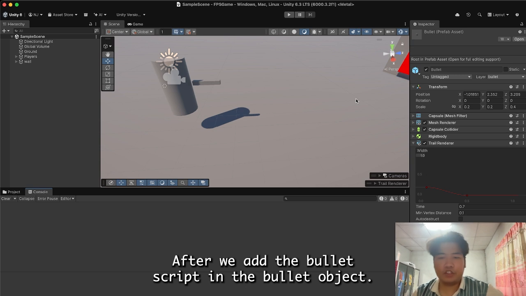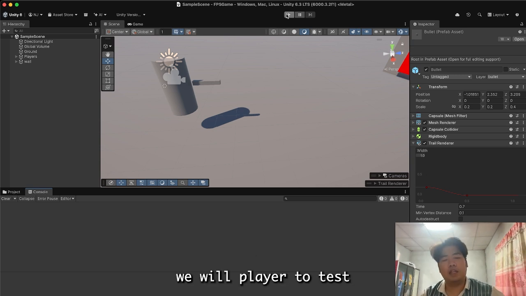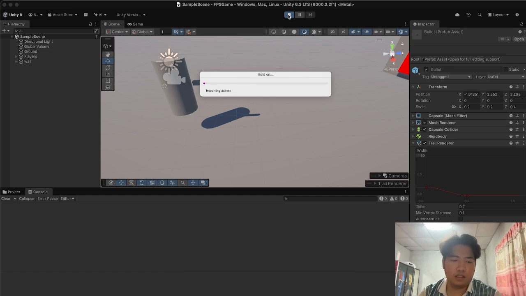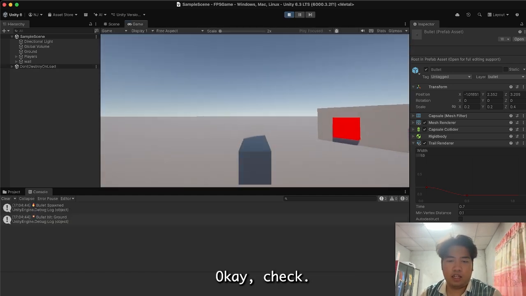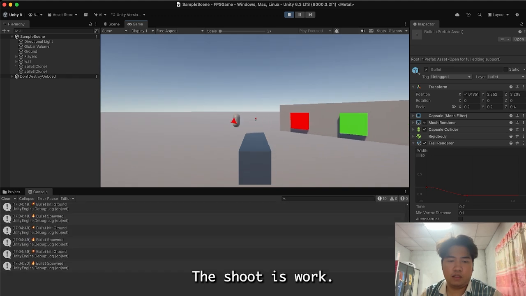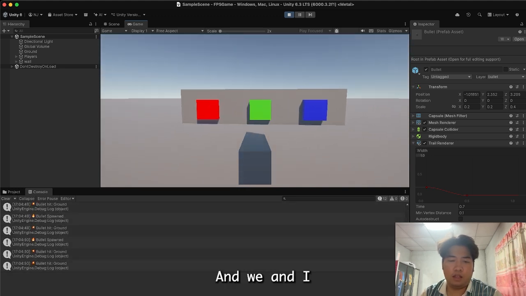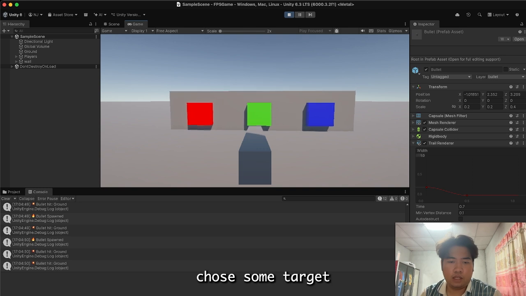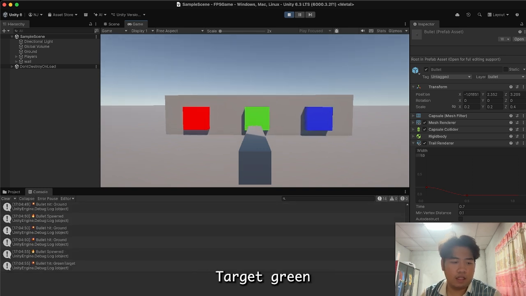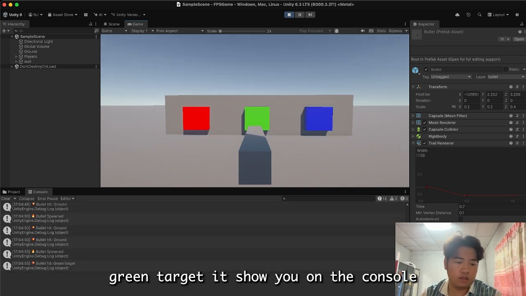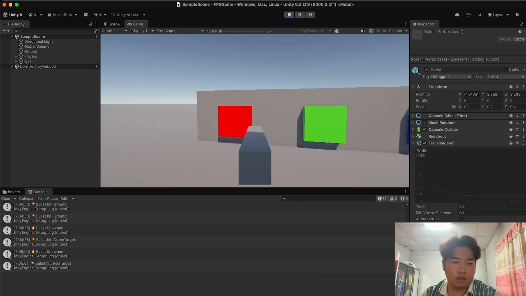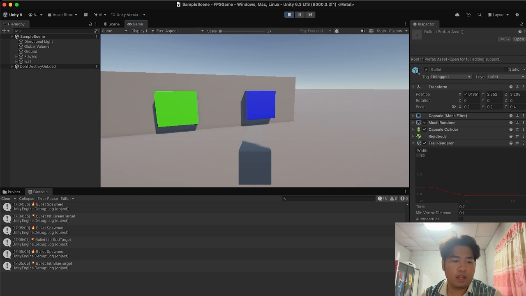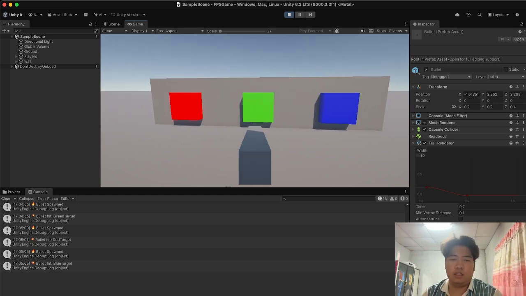Okay, after we add the bullet script in the bullet object, we will play to test. Okay, check the shoot is working. Okay, and I choose some target. Green target is shown on the console, and red target is shown on the console. Red target and blue target. Okay,